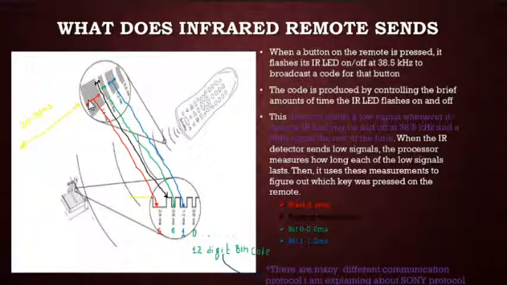The IR LED flashes on and off at 38.5 kHz for 2.4 milliseconds to indicate a start, and the IR LED remains off for 0.6 milliseconds for a resting state. Again the IR LED flashes on and off for 0.6 milliseconds to indicate bit 0, and flashes on and off for 1.2 milliseconds to indicate bit 1, and there is a resting state between each data pulse. The gap between message packets is 20 to 30 milliseconds.